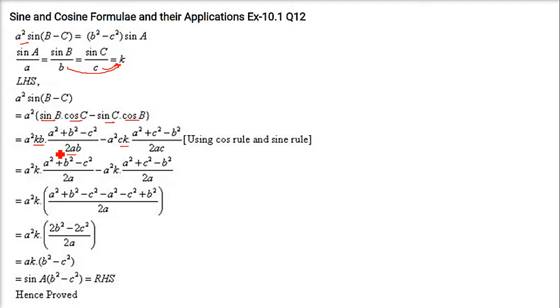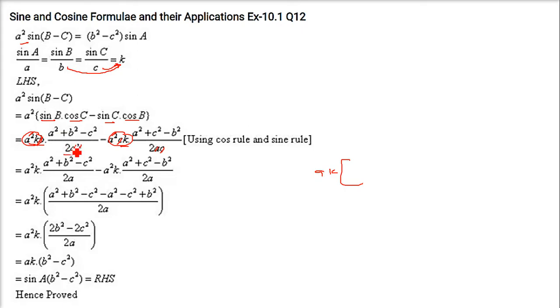So what do you get? First of all, you can cancel one of these if you want. See, I can cancel it, a square b: 1a 1b, 1a 1b, I cancelled it. Here also 1a 1c, 1a 1c. So you have a here, 1a here, so you can take a common. K also is there, so ak you can take common.